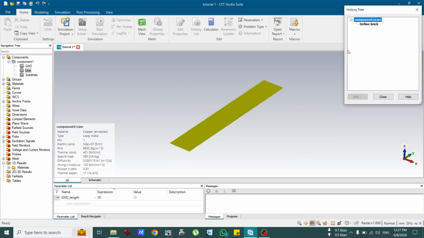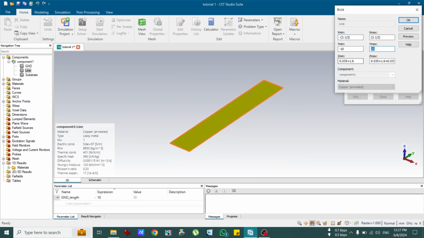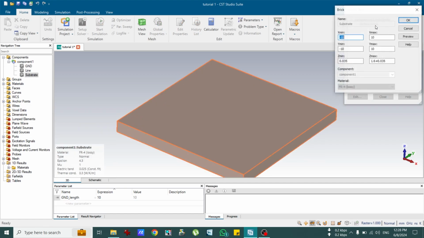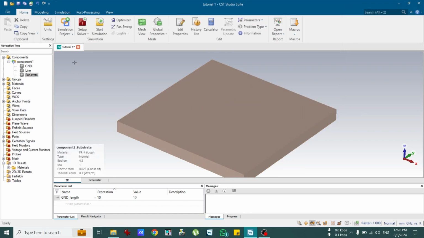Also we need to set the same parameter for the transmission line, since the value has been set here, so it will not ask you again. Also for the substrate, set the same parameter, right? So now the parameter ground length has been set to 10 millimeters, and it is quite easy now to change